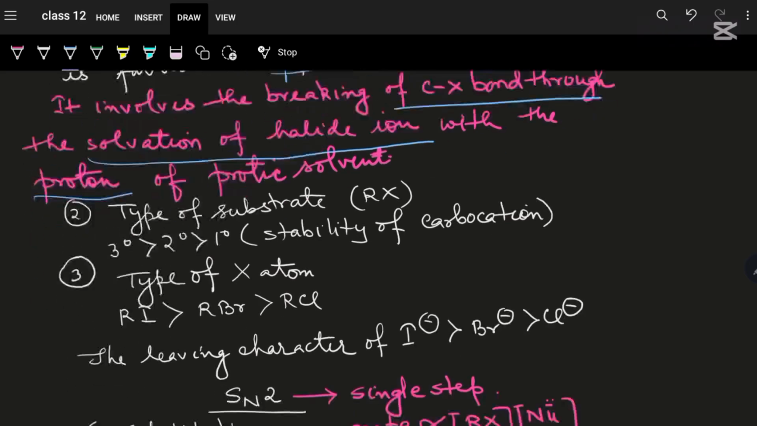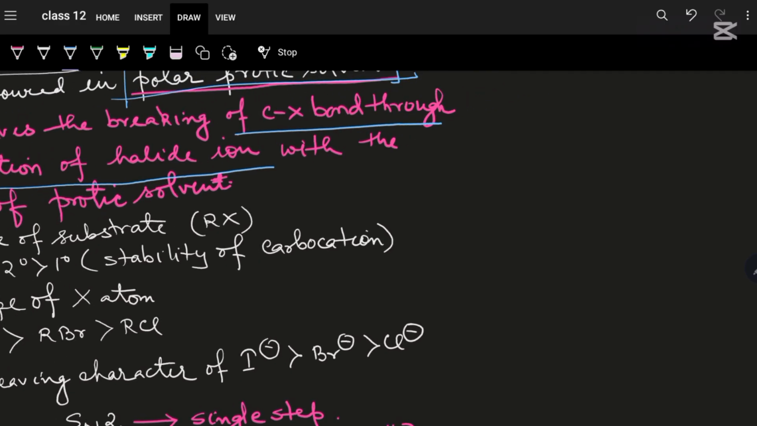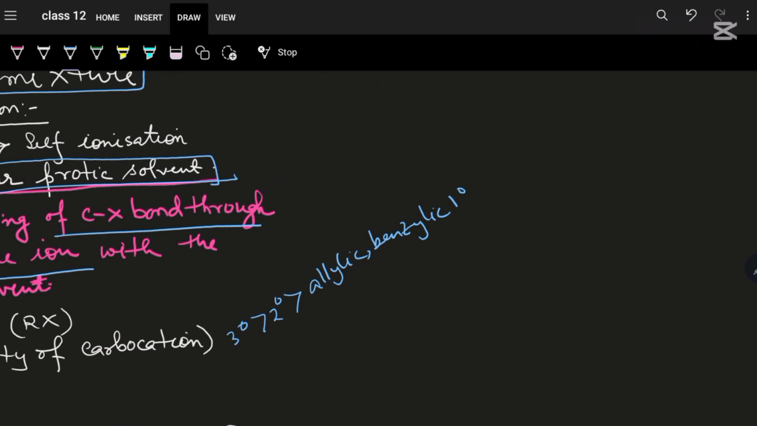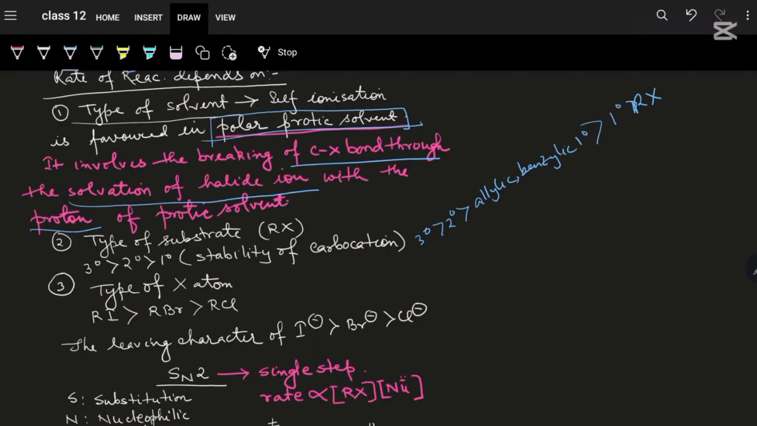Next, the type of substrate RX. Here the substrate needs to provide a more stable carbocation. So 3 degree is greater than 2 degree is greater than 1 degree, or I can say 3 degree is greater than 2 degree is greater than, say, allylic or benzylic 1 degree. This is primary and is greater than any other 1 degree RX, because we have seen that allylic and benzylic